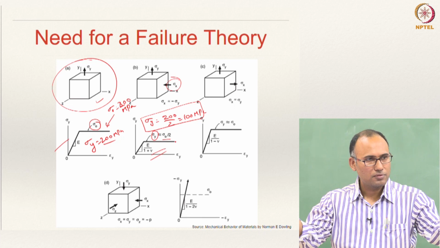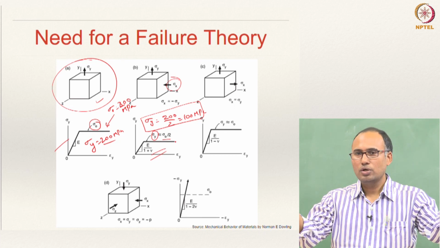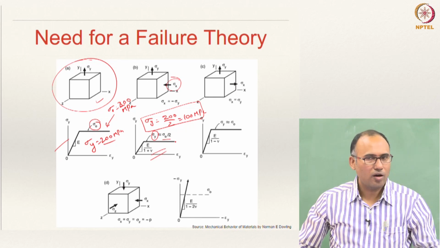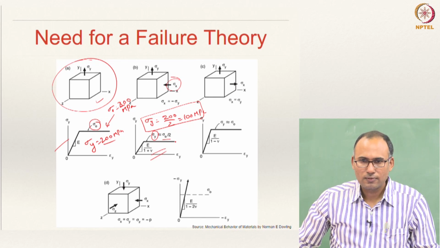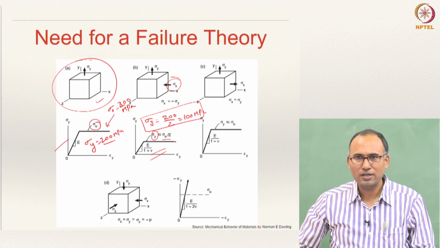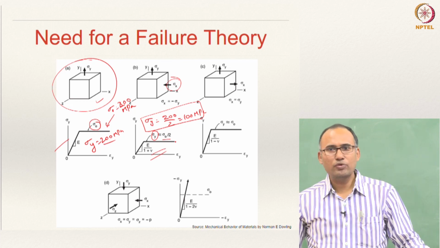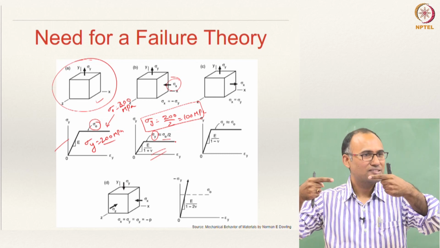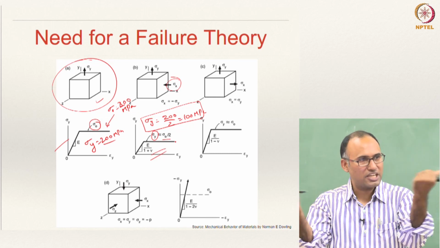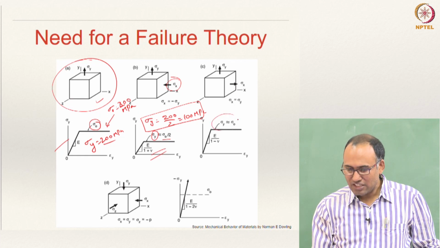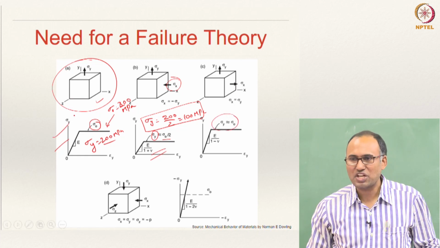Then do you expect your strength to be the same, less or more? Are you able to see what I am trying to convey? So, normally we would expect it to increase, because the compressive case is accelerating the process of yielding, so this one should postpone the yield. But it turns out that if you do the experiment, the yield strength is almost the same as the uniaxial case.